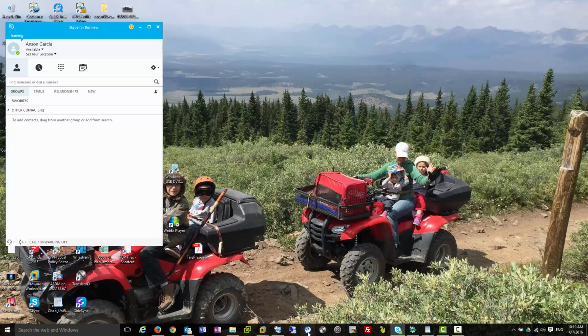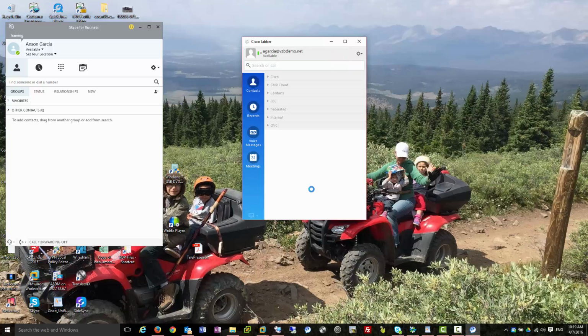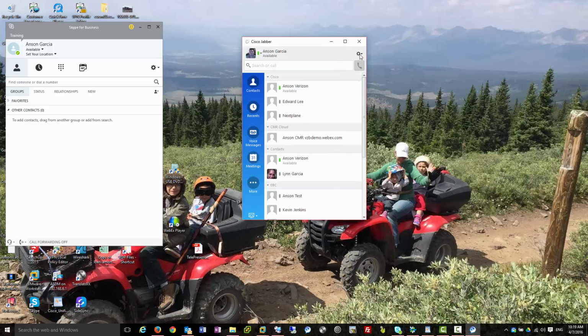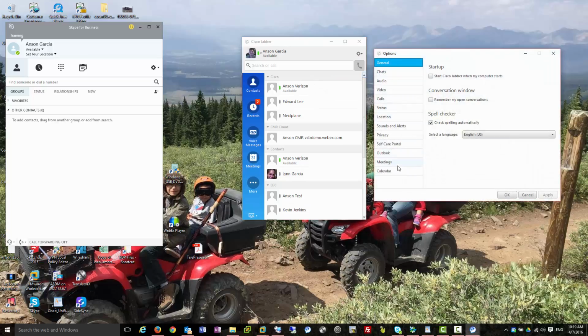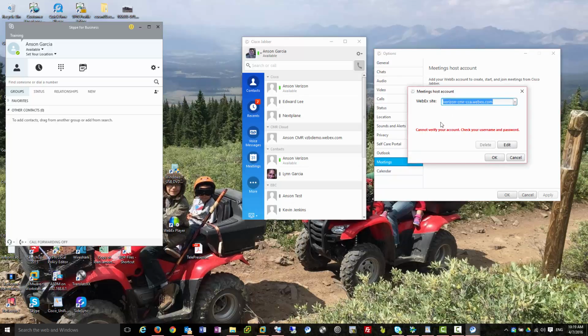let's go and start that up again. And what happens is it's fetching the new configuration every time you log into Jabber. So right now it's fetching this new configuration, and this time it has a refresh configuration. And if I go to File, Options, I can see I now have this little Meetings tab. Now I still have to go in this Meetings tab and set up my account. So I have a new tab, and I can click here, and then that's the URL that I had within